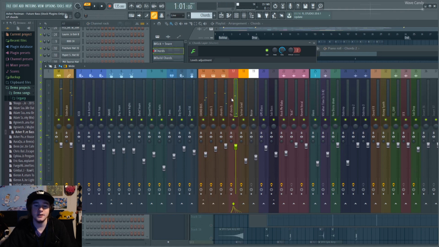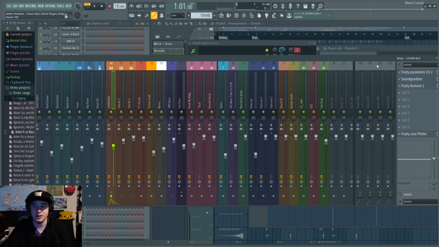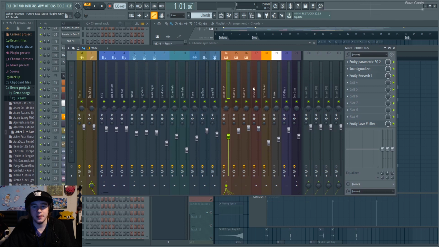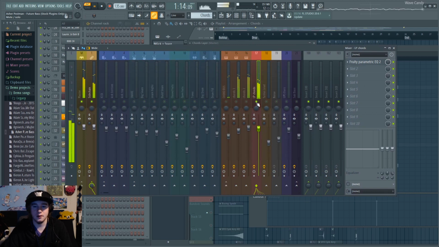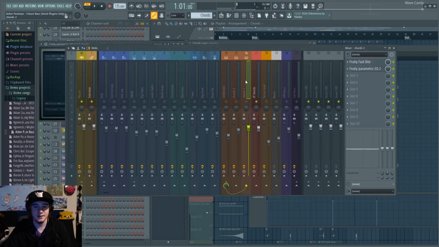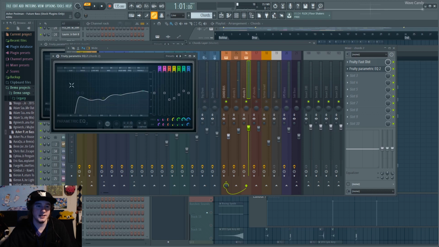Alright, so he's bussed these two chord things to a bus here. Let me make this smaller so we can look at the effects. Here we go. That's nice. He's EQ'd a specific frequency in. Ooh, he's added some distortion here to get that gritty feel. Check it out without it. Yeah, this adds a lot of grit, and he's EQ'd out all the low ends that you don't need with